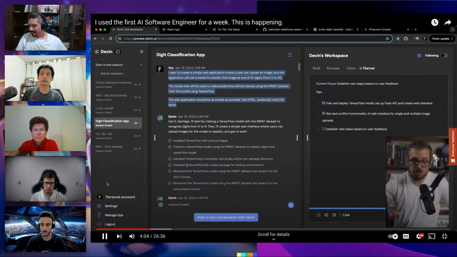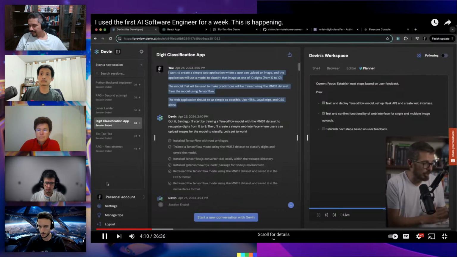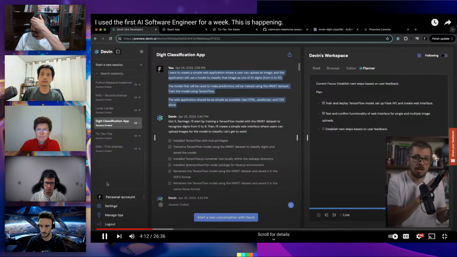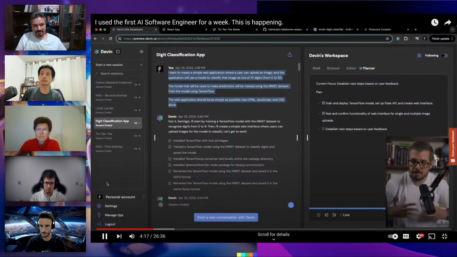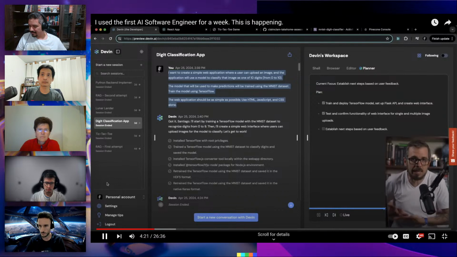I think this was a very good test because I was forcing Devin to create a front-end application, create a back-end application, train a machine learning model, put all of the pieces together, do the deployment. There is a lot that goes into this, right? It's not a complex application, but it requires a bunch of skills to complete.